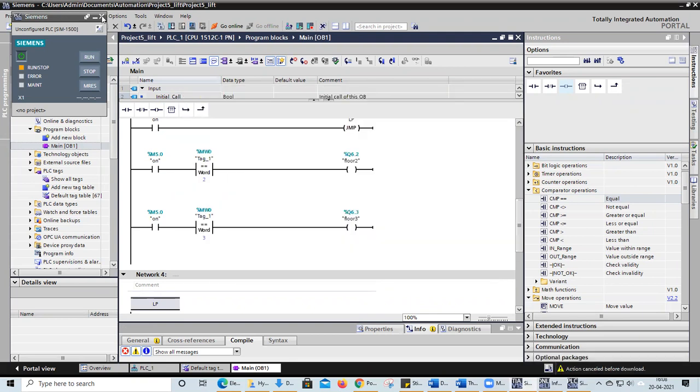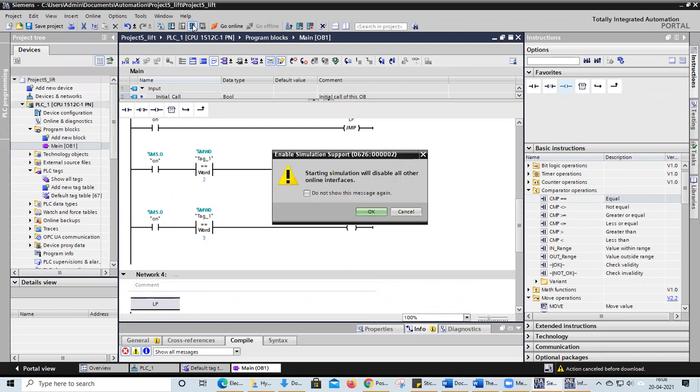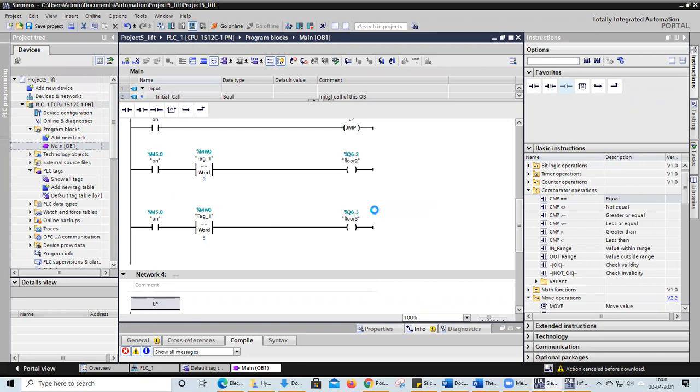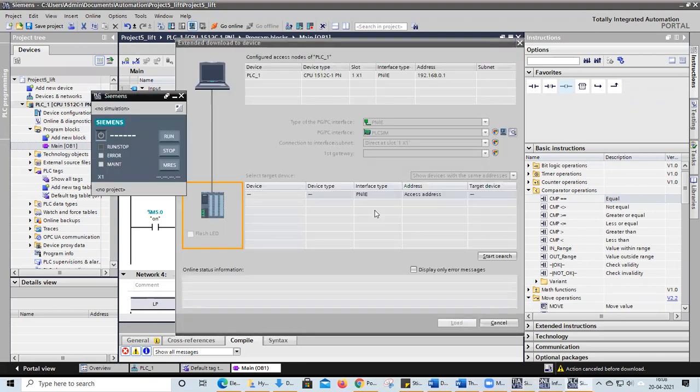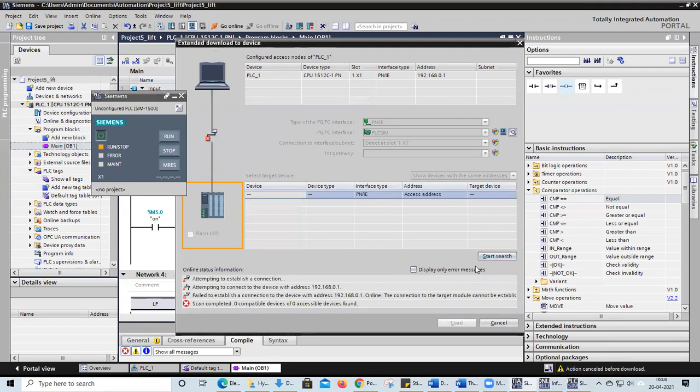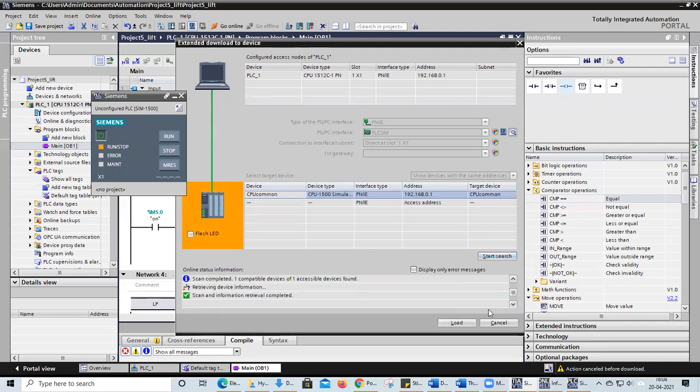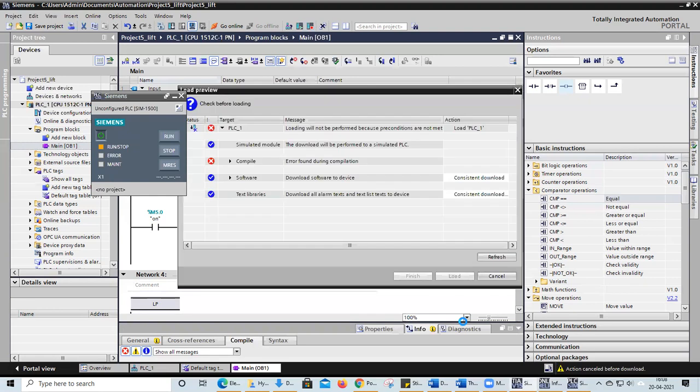Once again, start search. Okay, load option. Here no actions are there. You click on this no actions.